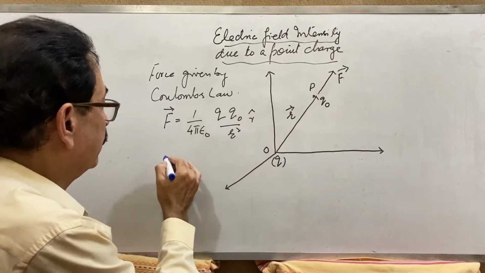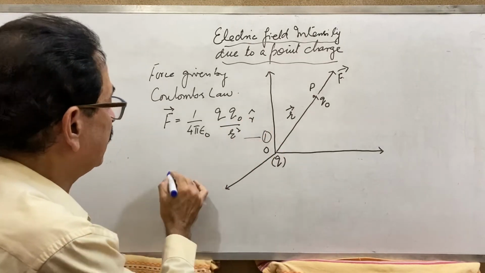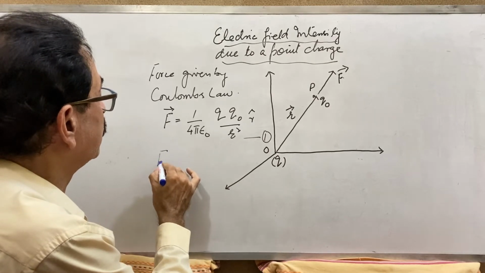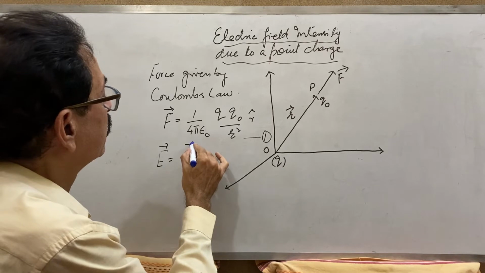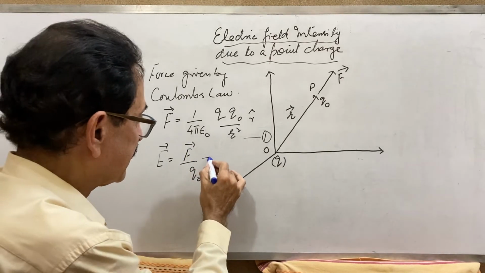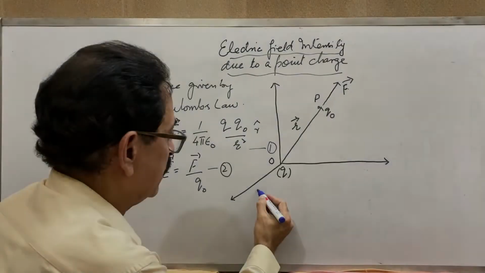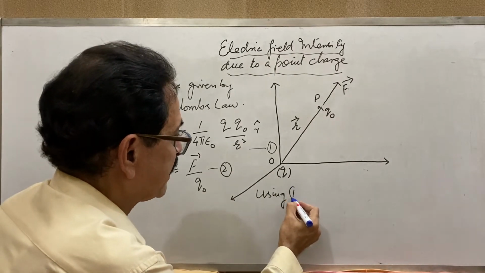At the same time, we know the electric field intensity, if this is first, electric field intensity is defined as E is equal to F upon Q naught, which we have already discussed. This is second. Using first in second,